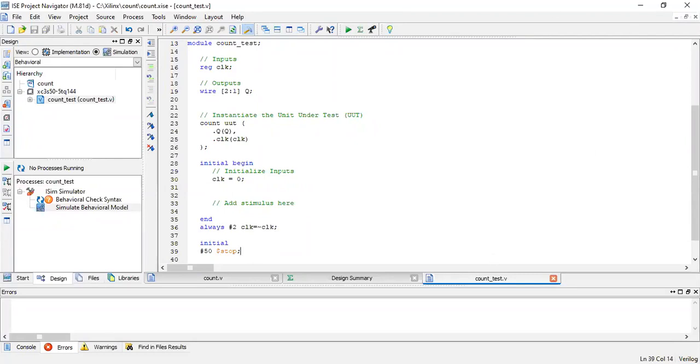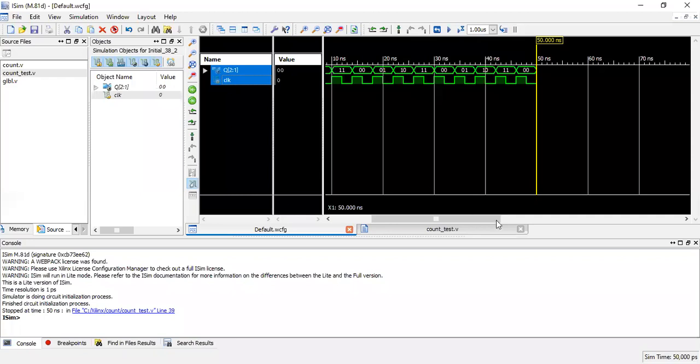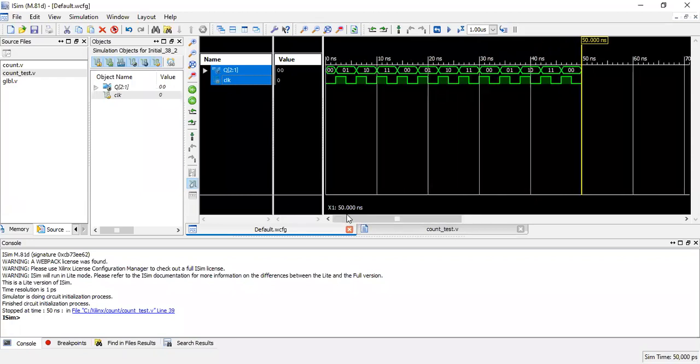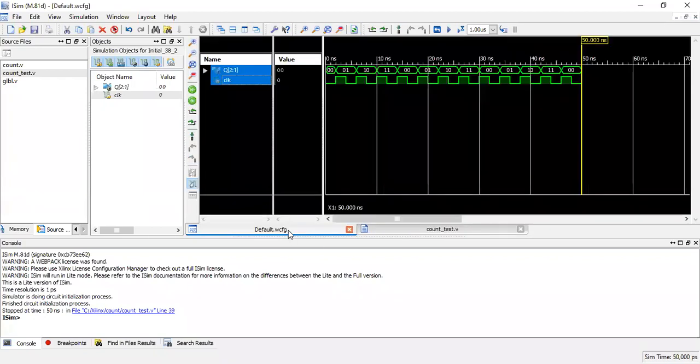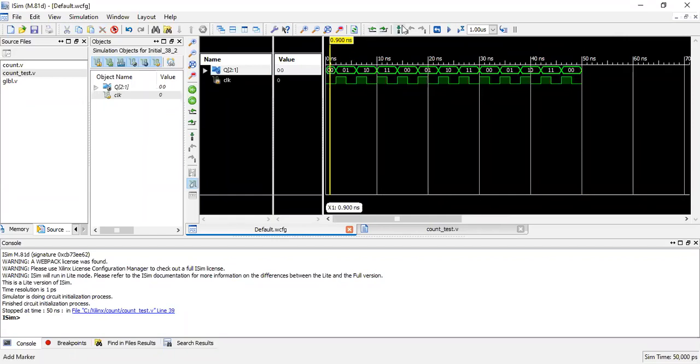Now let us see the timing diagram. Now here I have the timing diagram. What was my initial value in the main module? In the main module, my initial value was 0. So it is starting from 0. Always at the positive edge. So this is the positive edge, if you can see. What is the next value after 0? The next value after 0 will be 0, 1.